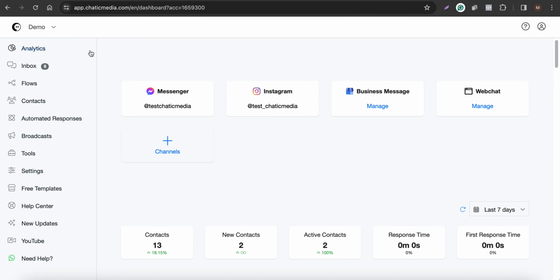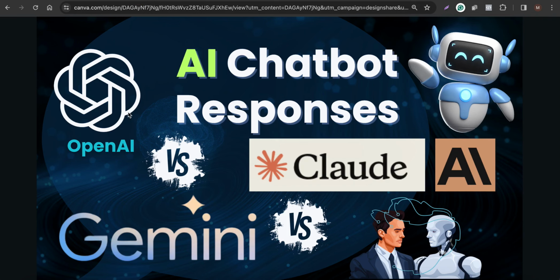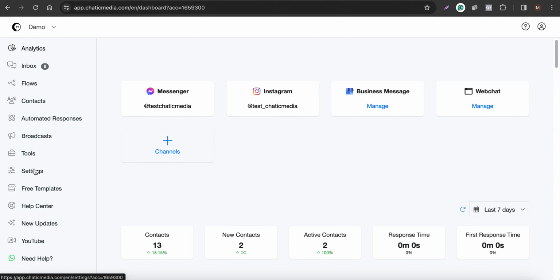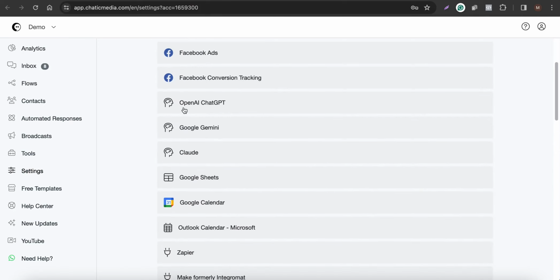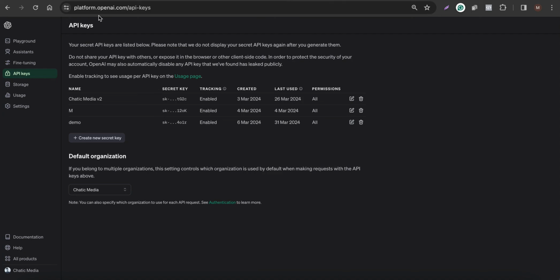Here I'm in a demo account with these channels connected. First of all, you have to connect the API keys from each of these models. Go to settings, and in settings go to the integrations. Here you have to connect the API keys from OpenAI ChatGPT. If you're wondering how to get these API keys, go to this exact website address right here,